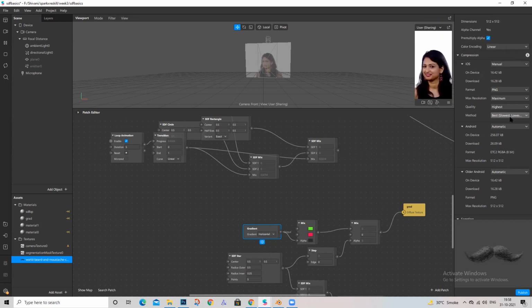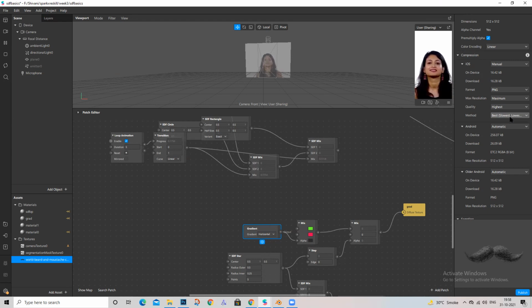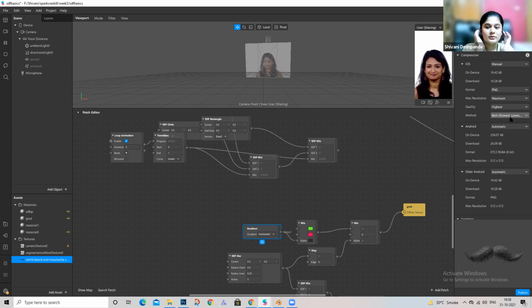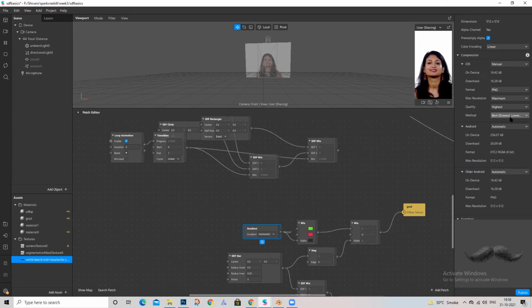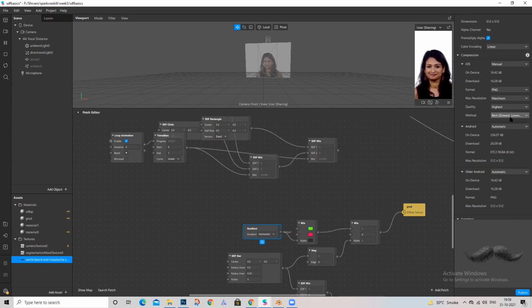Ma'am, recently Punit sir also sent one AR filter on that main group. It was a game and it has a 3D background and all those things. So how do they optimize it? Because we are just using simple 2, 3 or 4, 5, 6 images and it is becoming this huge file. So what about those 3D files?